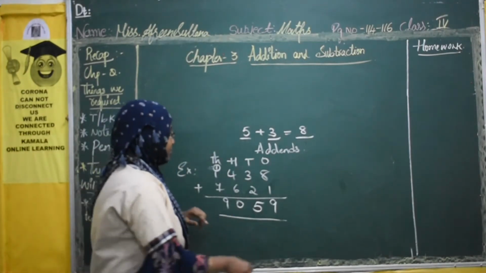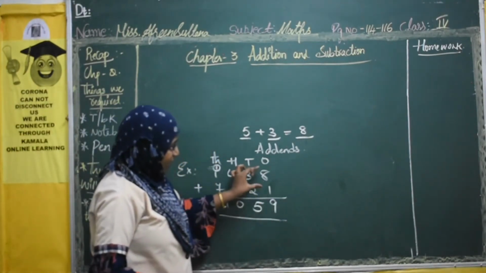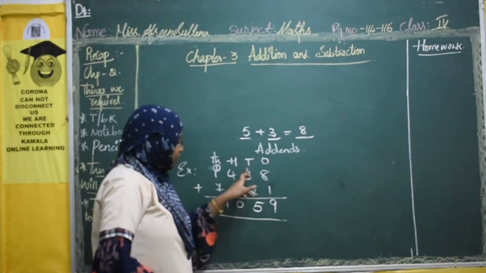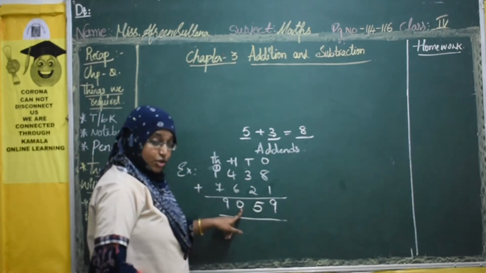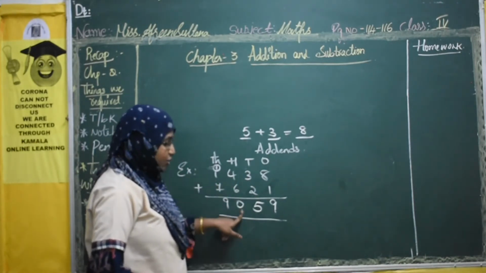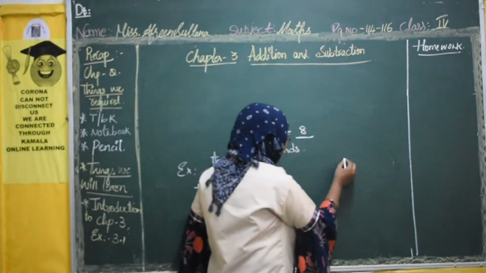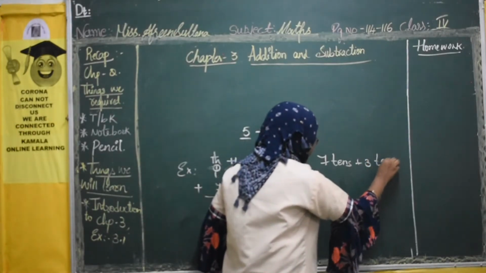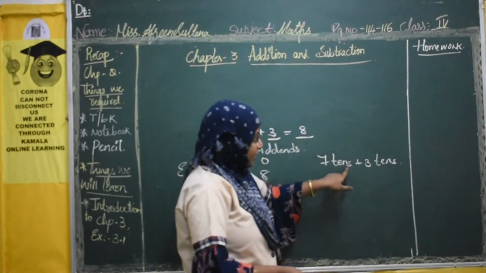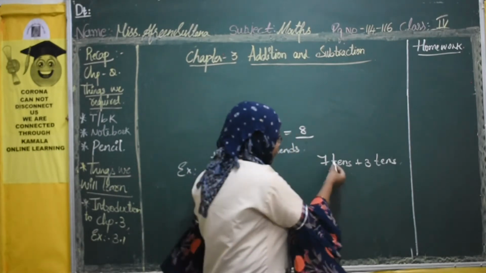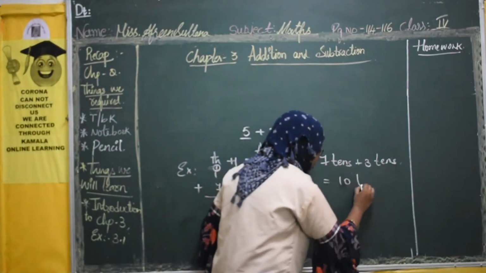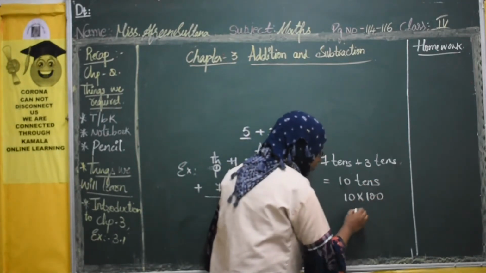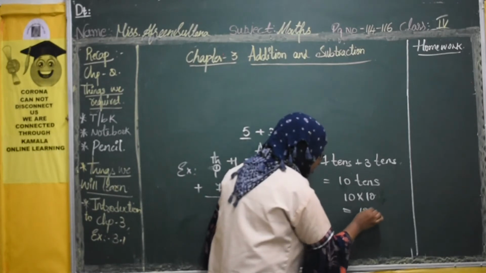Now if you are doing regrouping, see, when you add values from 0 to 9, if the sum is more than 9, then see, 6 plus 4, 10. So what have you done? 1 is carried and 0 you write here. Right? If you are doing grouping, 7 tens plus 3 tens. 7 tens is nothing but 70. 3 tens are nothing but 30. But if you add 7 plus 3, 10 tens. 10 tens are nothing but 10 into 10, which is 100.